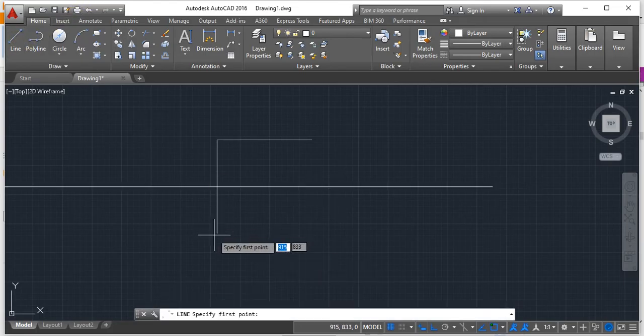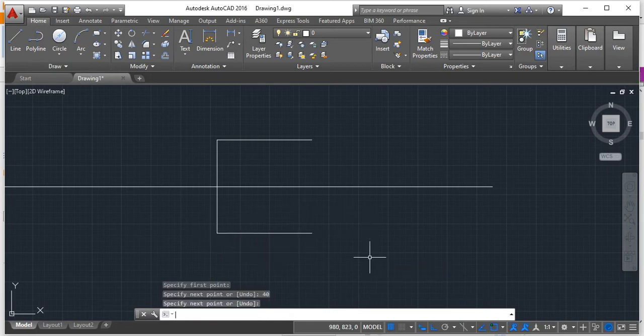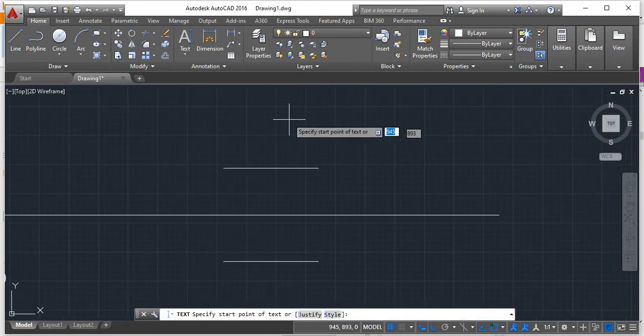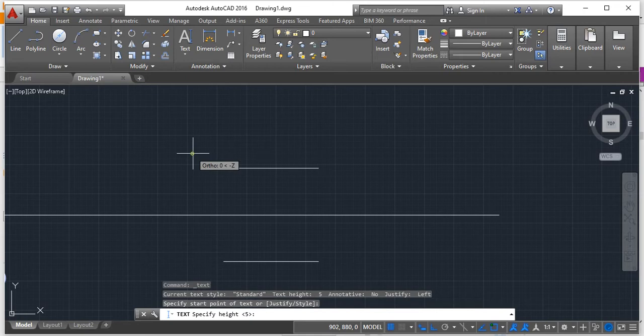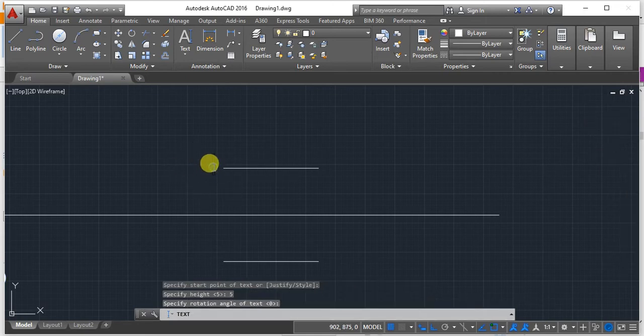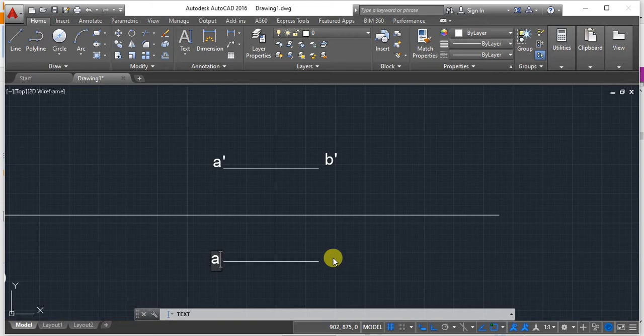So this is the line which is 40. You have to delete both the things because these are projector lines. How to mark them? Take a single line text, then make 5 mm, angle as 0, then you can place it here, which is A dash, B dash. This one is A and this one is B.